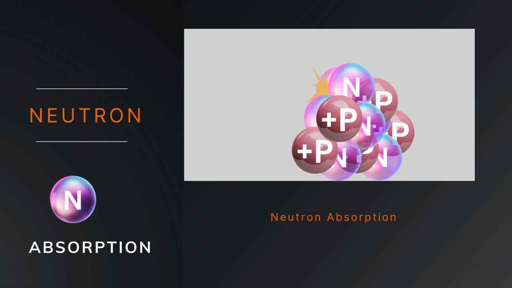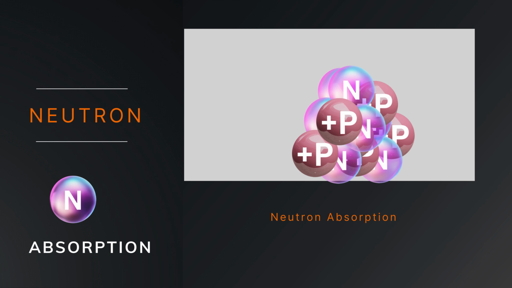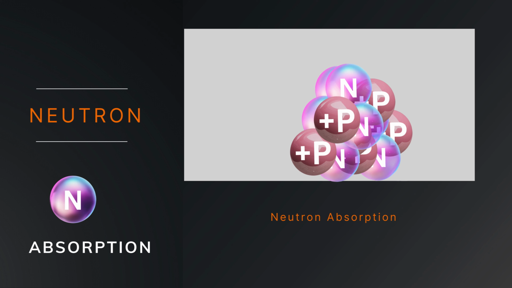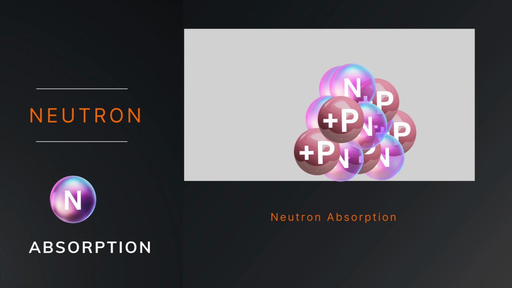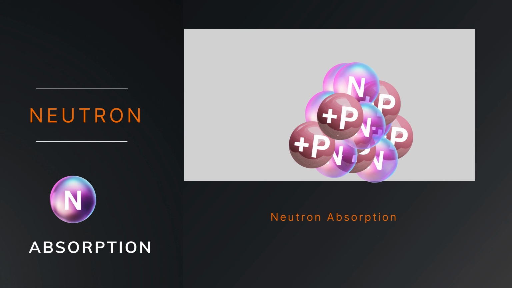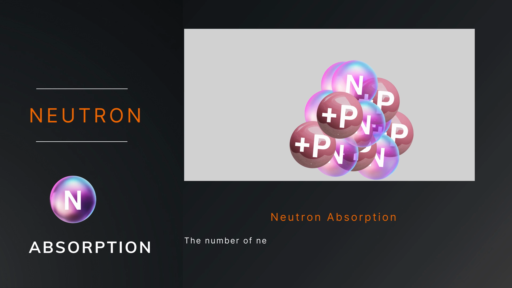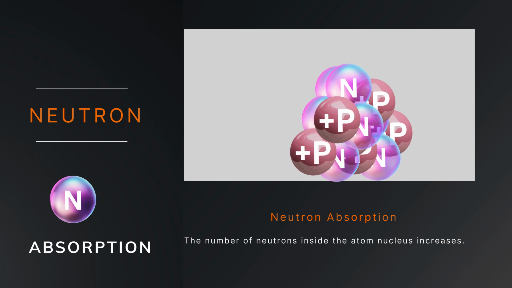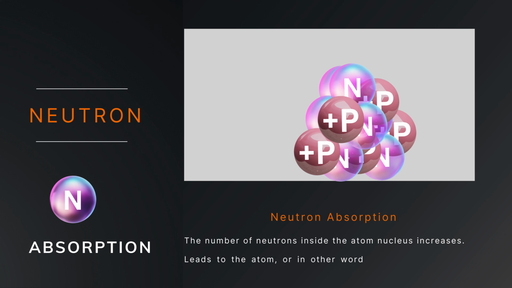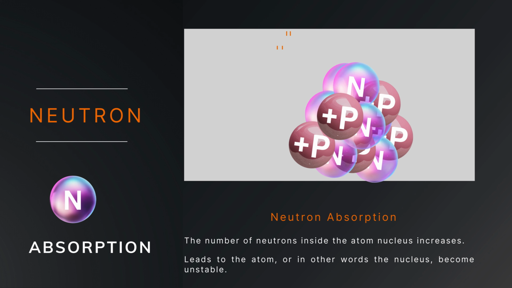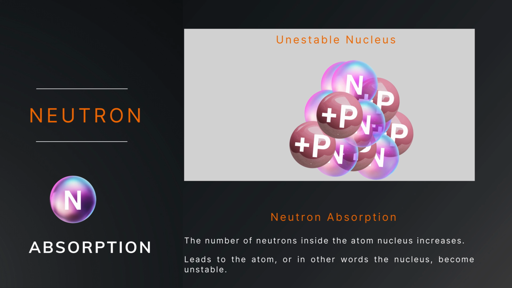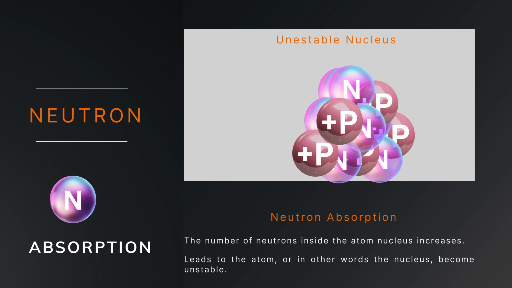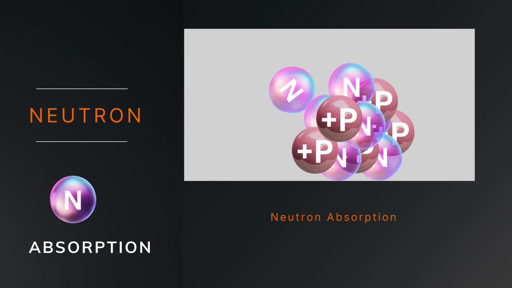Absorption means the incident neutron finds its way to be absorbed by the target nucleus. In this case, the incident neutron is fully absorbed by the target atom. That means the number of neutrons inside the atom nucleus increases. This interaction leads to the atom, or in other words the nucleus, becoming unstable. For this unstable nucleus to go back to the stable state, it must do some kind of interaction and emit a